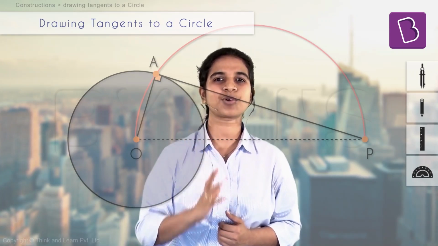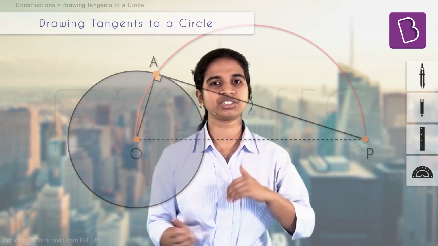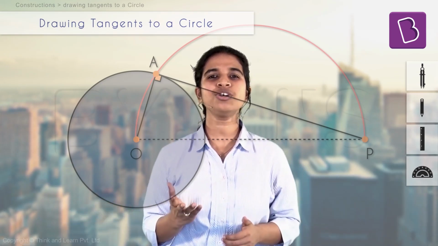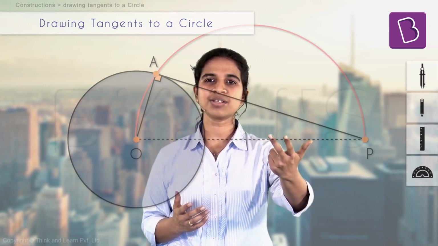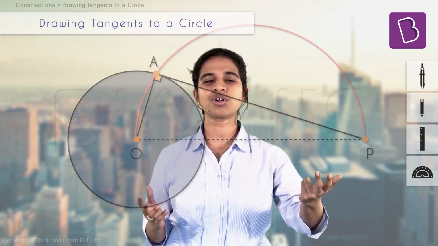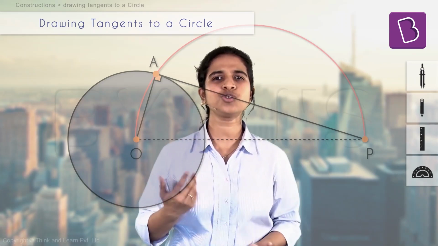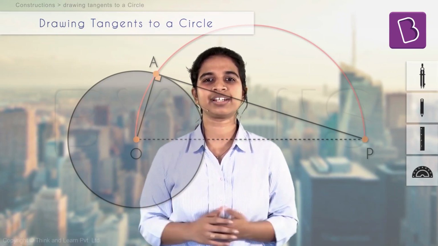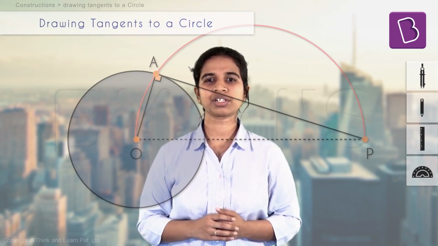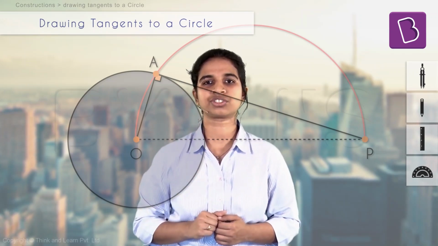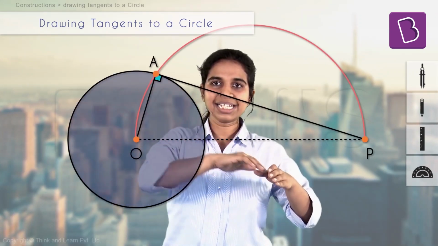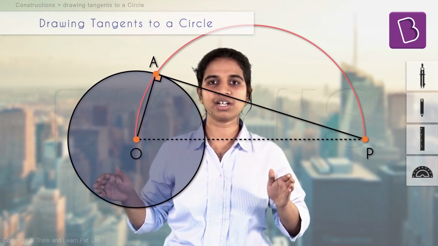Once you know basic properties, in all constructions across 9th and 10th standard, what do you really use? Congruency of triangles, similarity of triangles. That's all you use in all constructions. In tangents to a circle construction, obviously you'll use properties of a circle. That's all there is to it. Right? It's over. Now it's easy. Now you can figure out how to construct. Correct? Because this angle is 90 degrees. It has to be in a semicircle.